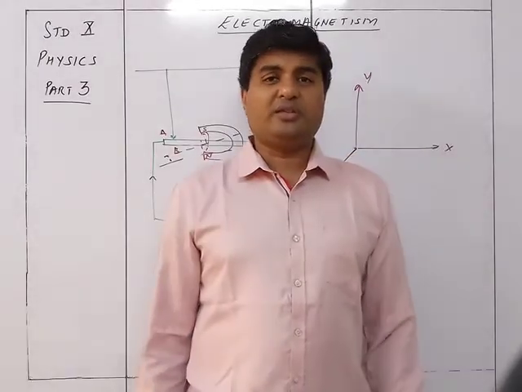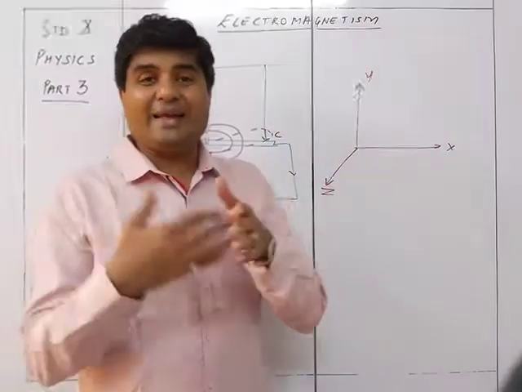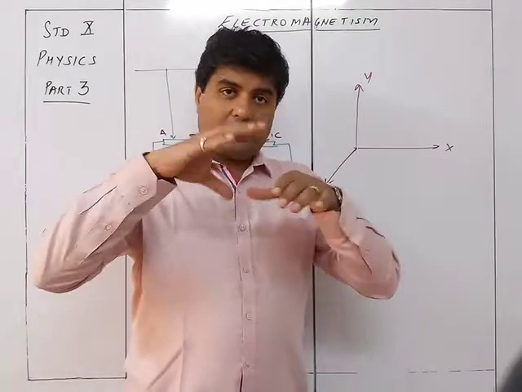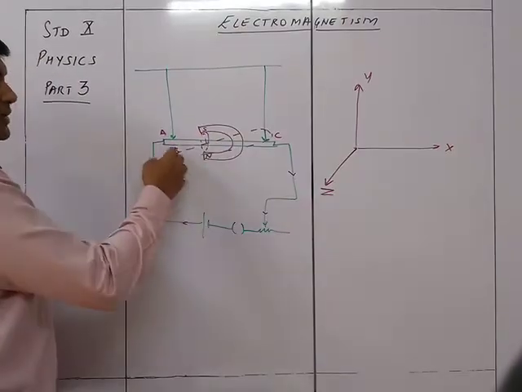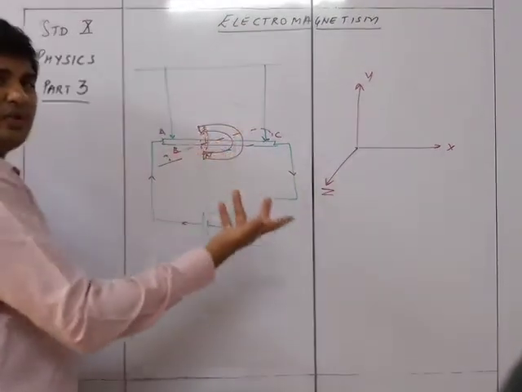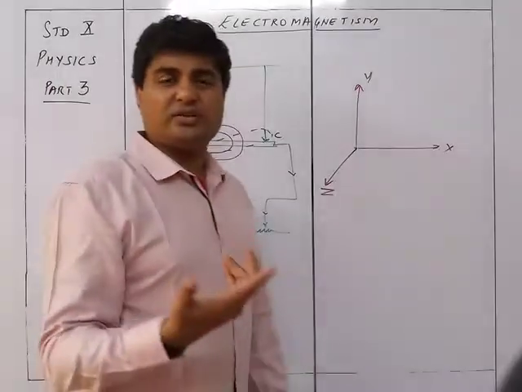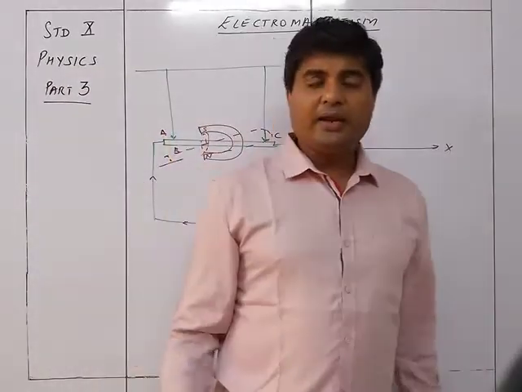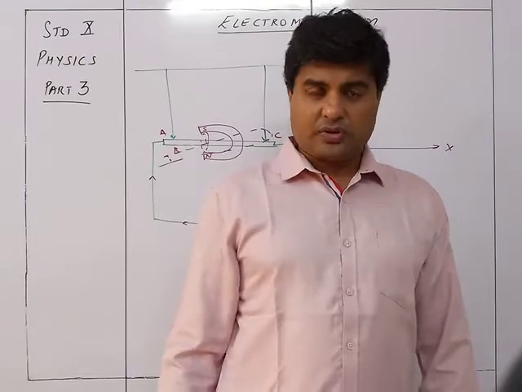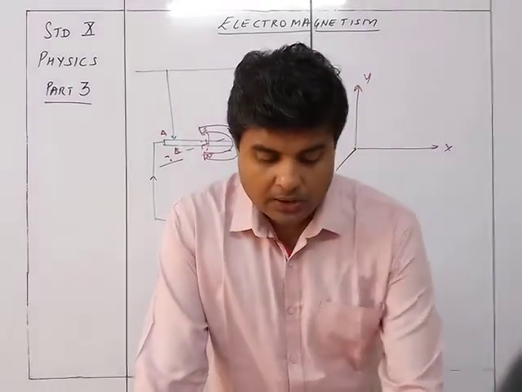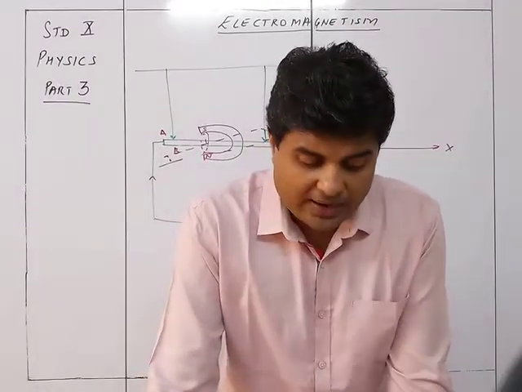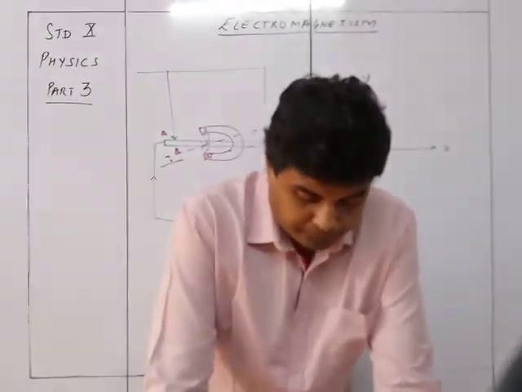Why? Because obviously this happens only when the two magnetic fields are cutting each other. If it is parallel, then they just have their own space, so there is no requirement of any kind of change or deflection taking place. So no force acts on the wire and it does not move.